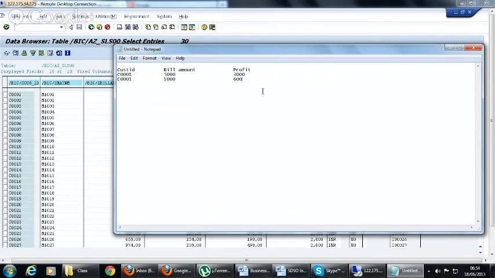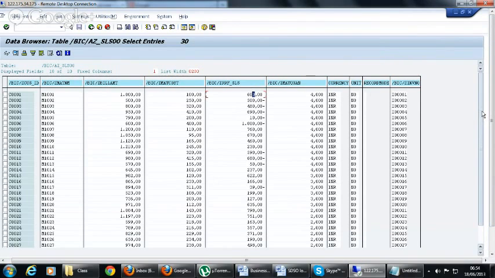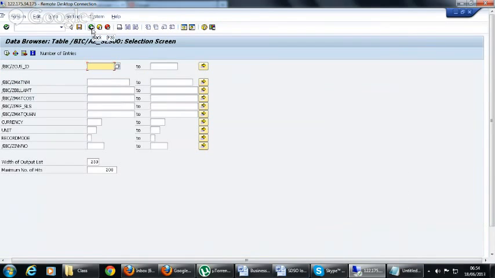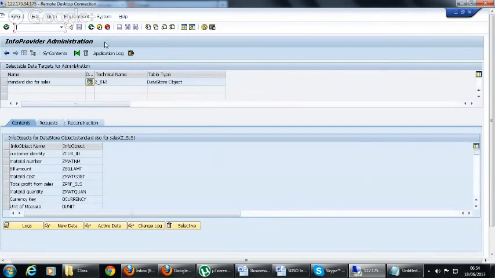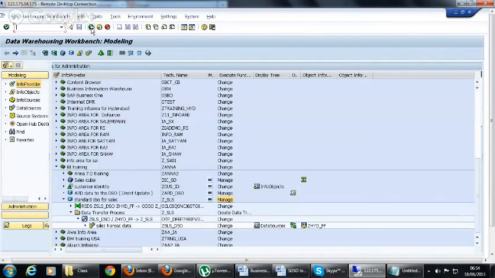That is the basic functionality, and we have seen the summation. So that is it for the DSOs, and here you can see that I've